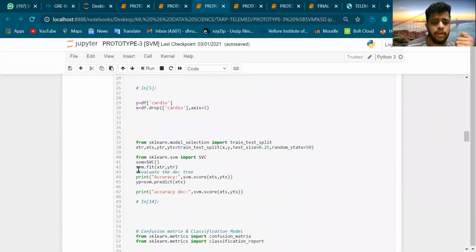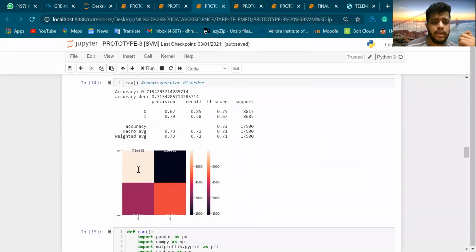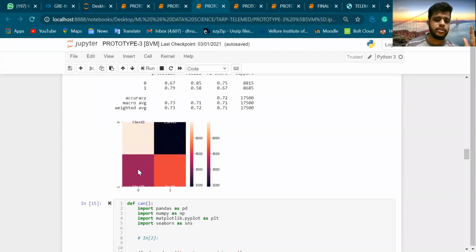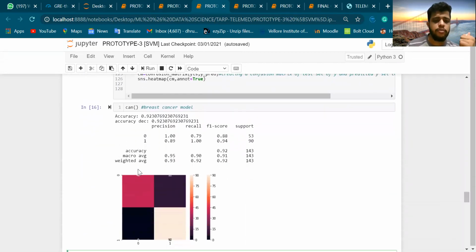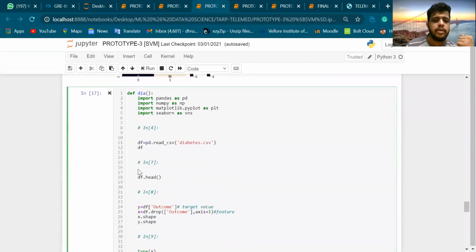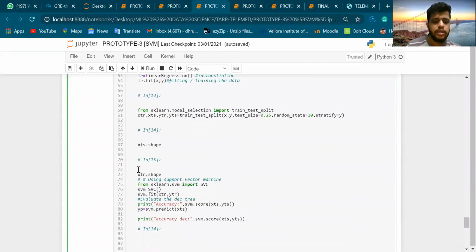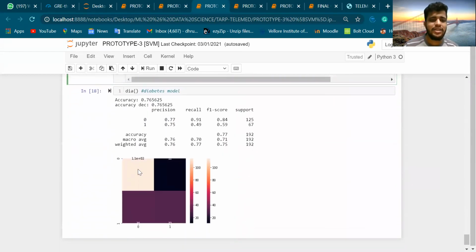Similarly for cardiovascular disorder, it gained 71.5%, which was on par with our logistic regression and random forest classifier. In the breast cancer model, it performed a little bit poorly with 92% accuracy. In the diabetes model, we had a result of 76%, which was fair enough, reasonably higher than